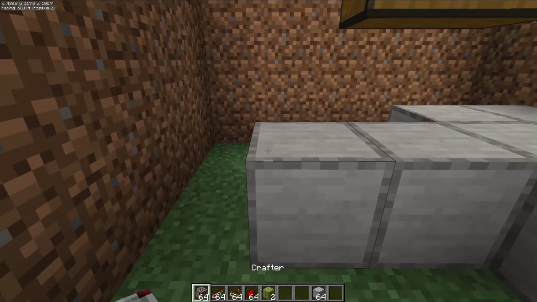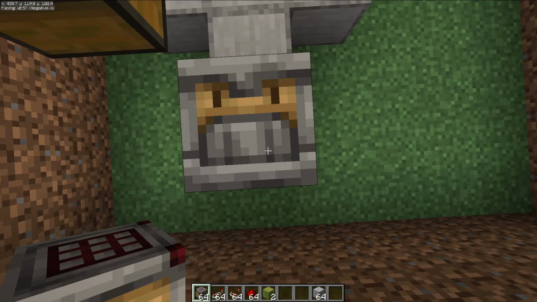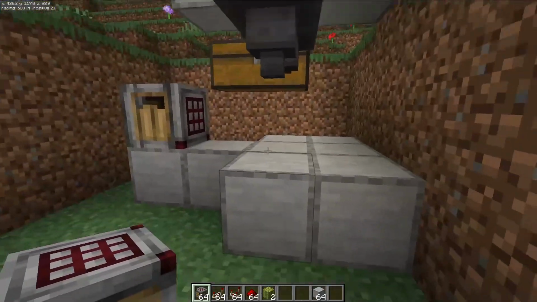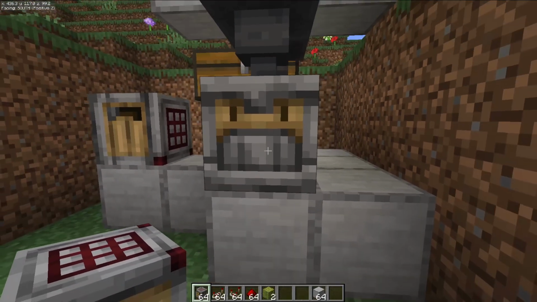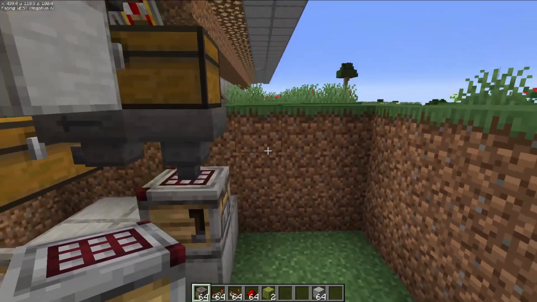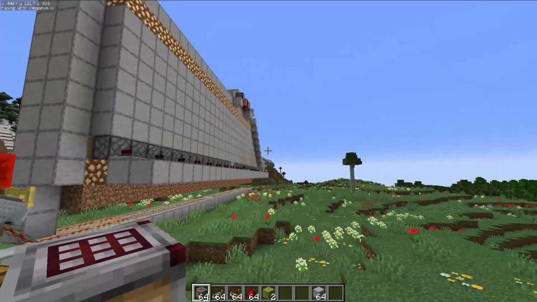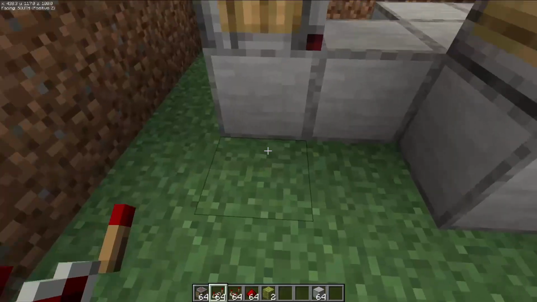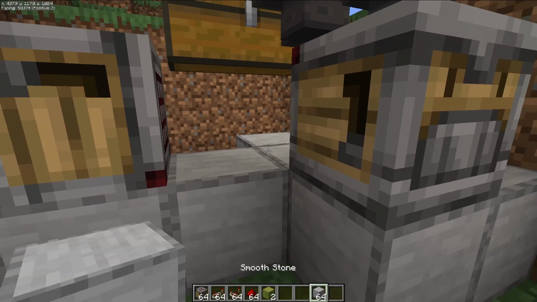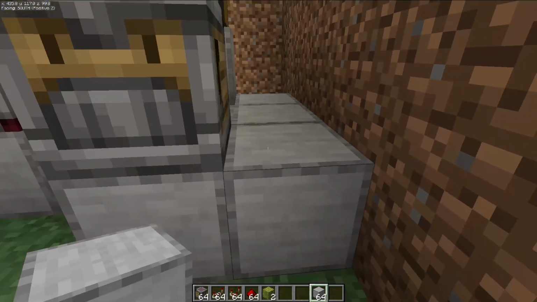Now we're going to come over here, we're going to jump up on the very tail of this, and we're going to place a crafter pointing up. Then we're going to come over here to where the hopper is pointing down, and we're going to place a crafter. It's very important that it is looking in the same direction as the side with the redstone staircase. Once you've done that, you're going to place yourself a solid block on the opposite side of the crafter and one next to it,